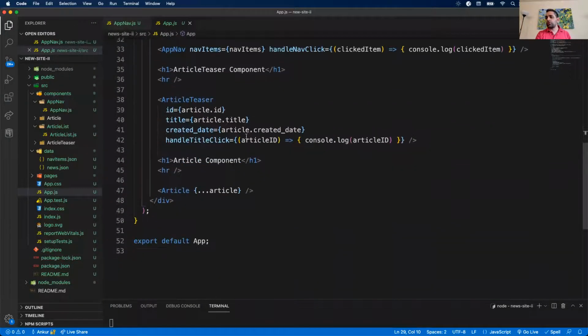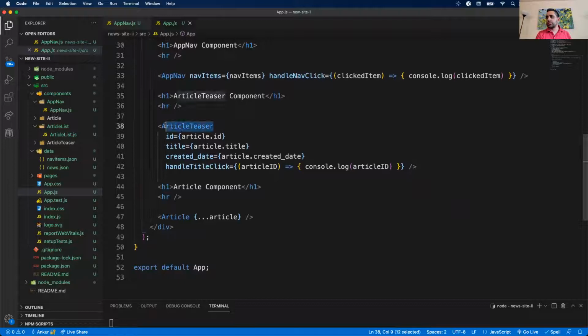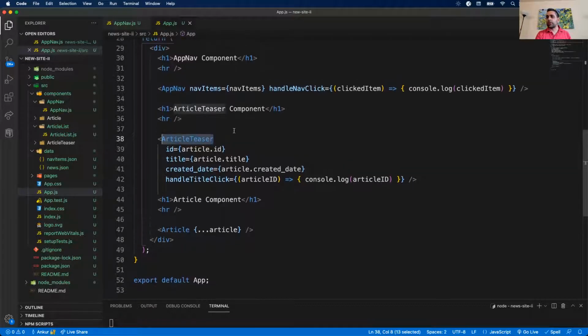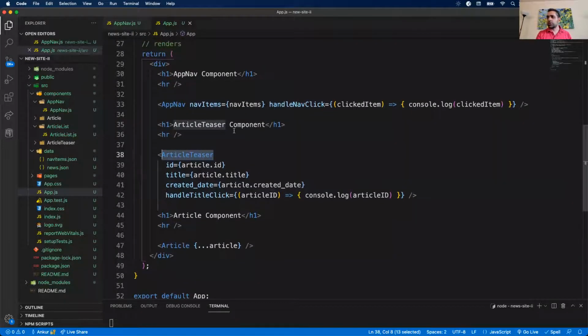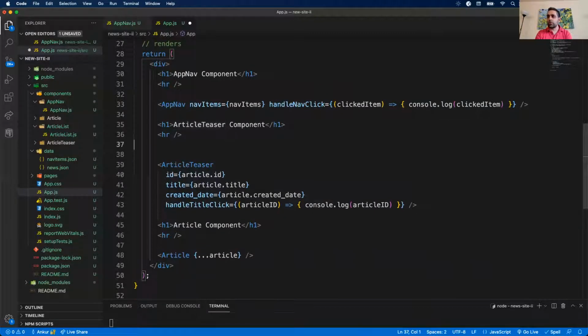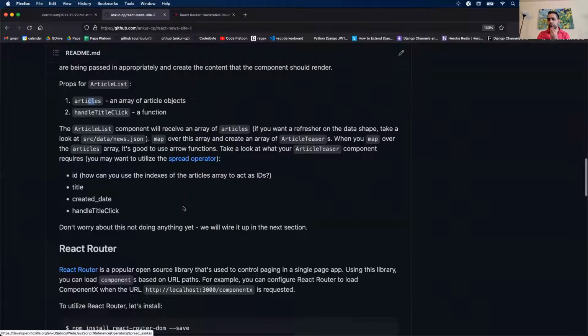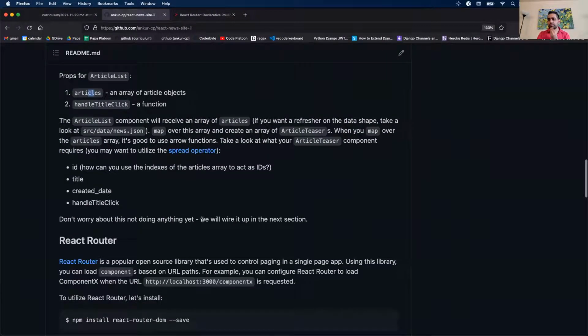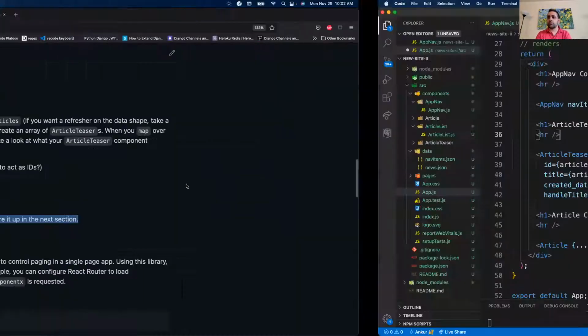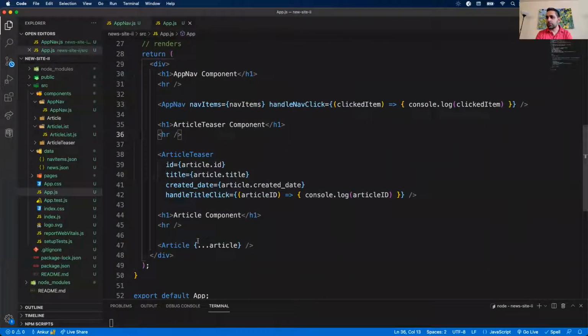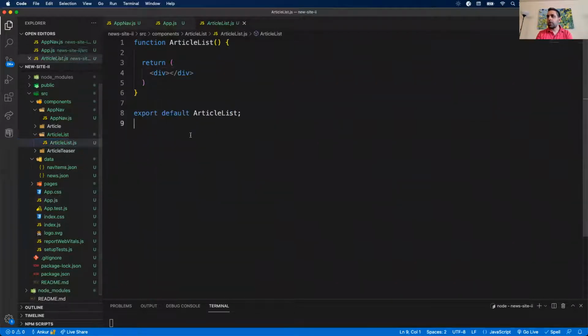But we have article teaser down here. That is showing us article, but we want to show an article list instead. So here I'm going to, let's make sure we follow directions. So article list component. All right, we'll wire up in the next section. So let's just, do we have article list here? All right, we'll proceed assuming that we have props. All right, props will be passed down to us, and we're going to have